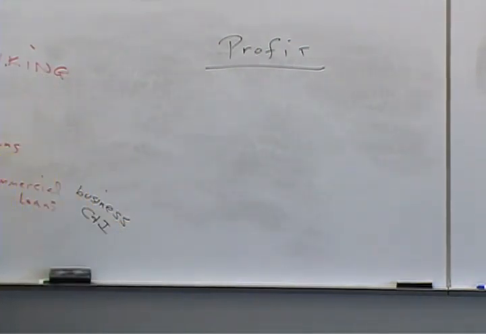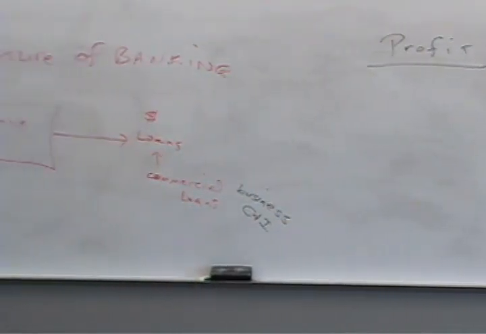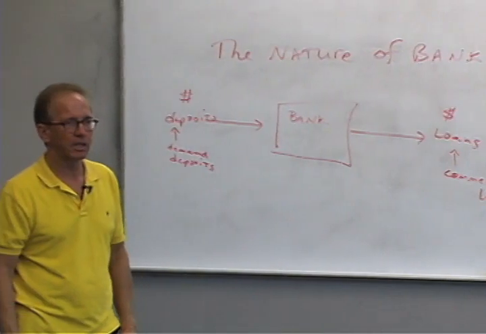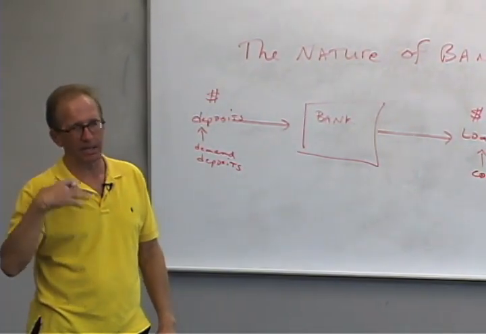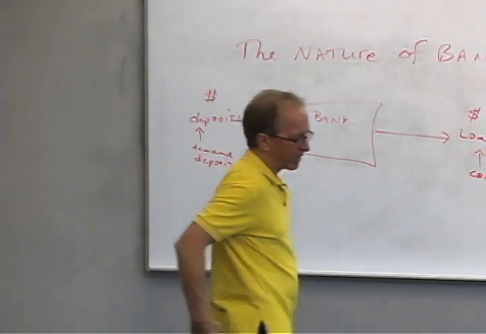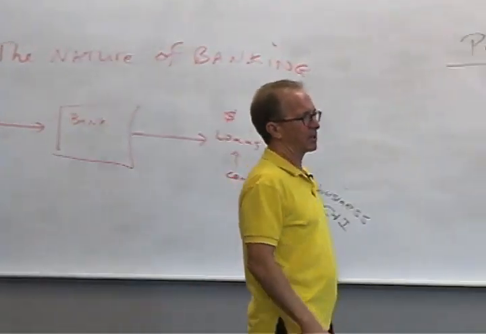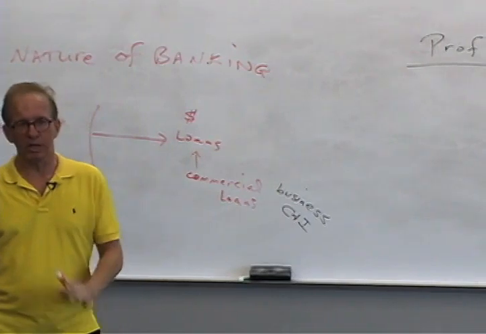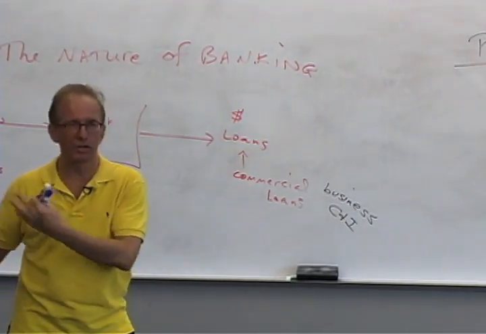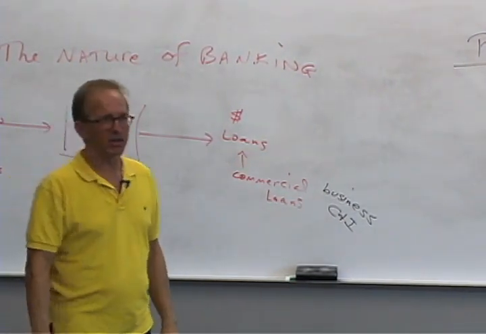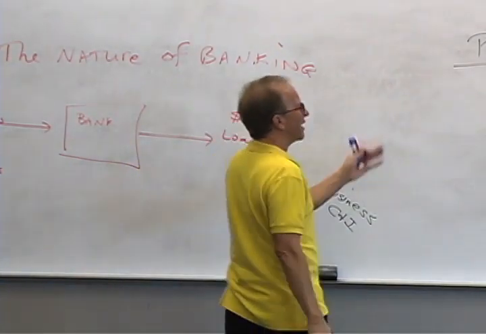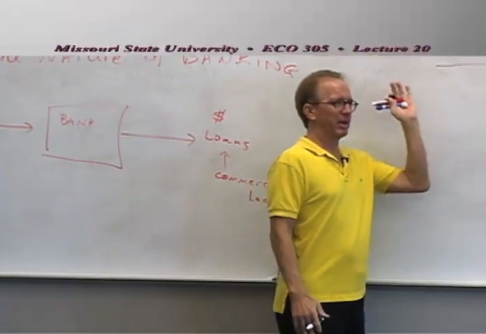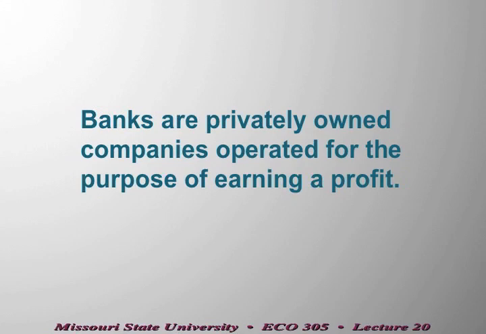And by the way, let me just say before I get into this, banks are private companies. You can own a bank, I can own a bank. Pretty much anybody in theory could own a bank. You cannot be a convicted felon. And it would not be smart to give a bank charter to gather deposits up and give those away to convicted felons. They would love that. Anyway, the felons would love it. We depositors wouldn't.